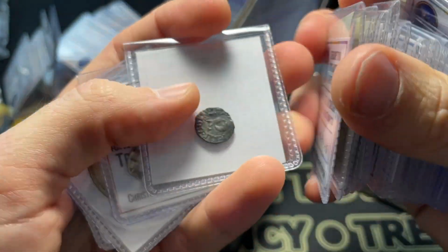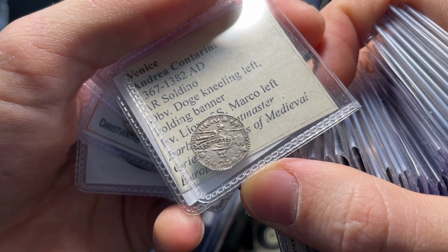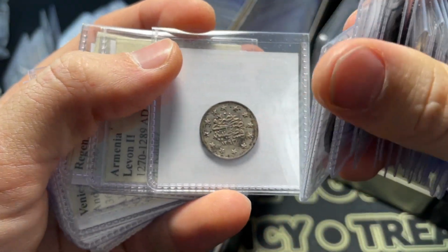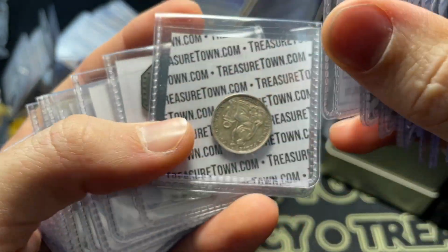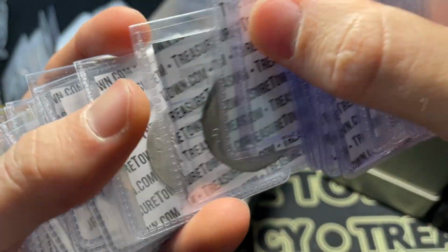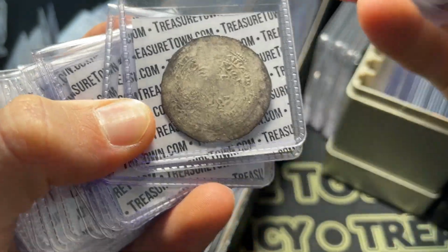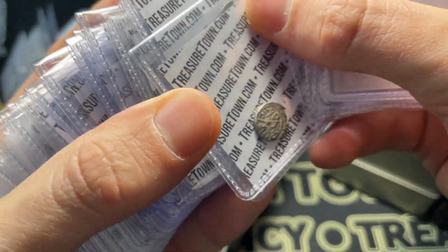We've got some Italian coins from the Middle Ages, including this nice Soldino from 1367 to 1382. A Regensburg German States Pfennig from 1560. Ottoman items, nice Jersey 1871 coin, mix of world, not gold, more modern silver, another medal, and then a suite of interesting Islamic items. Umayyad, Sasanian, Ayyubid, Mamluk Sultanates, Rassilid Imams, Ottoman Empire, all different types of rulers within the